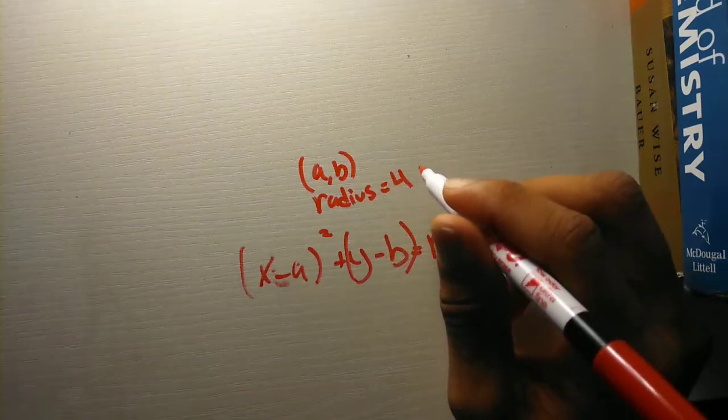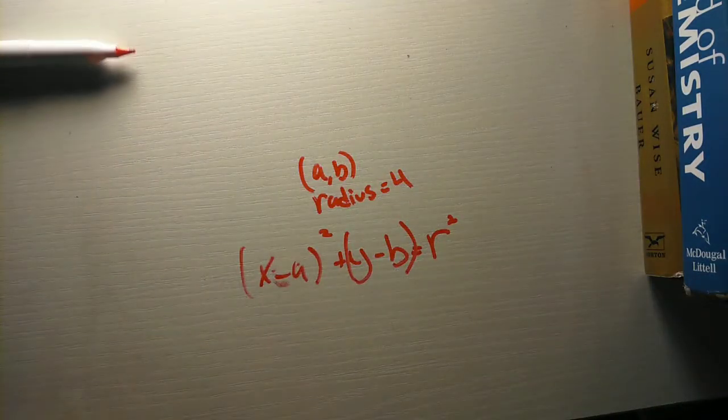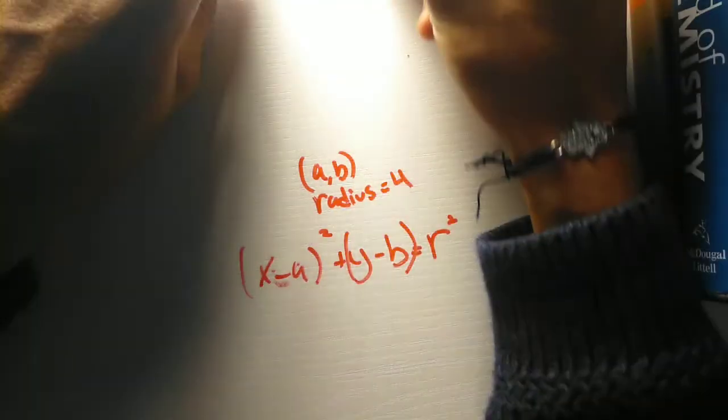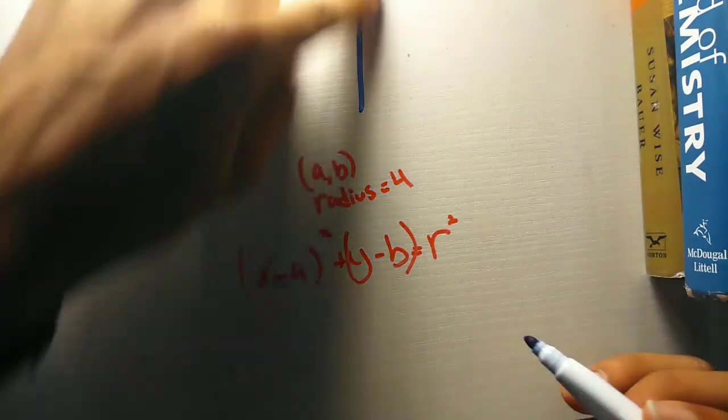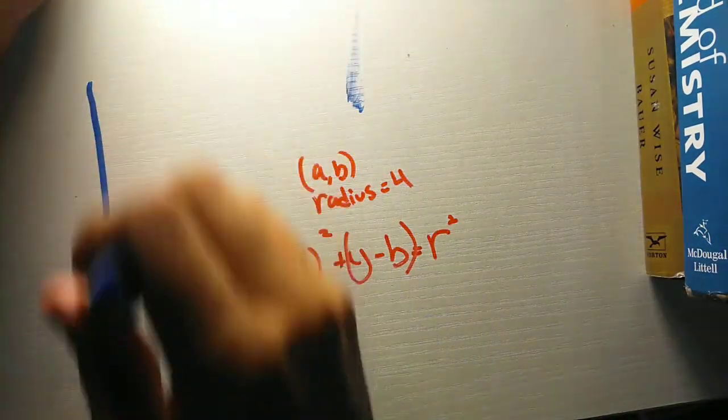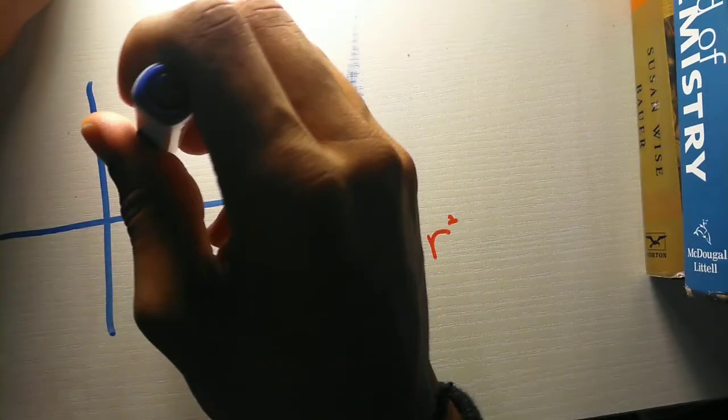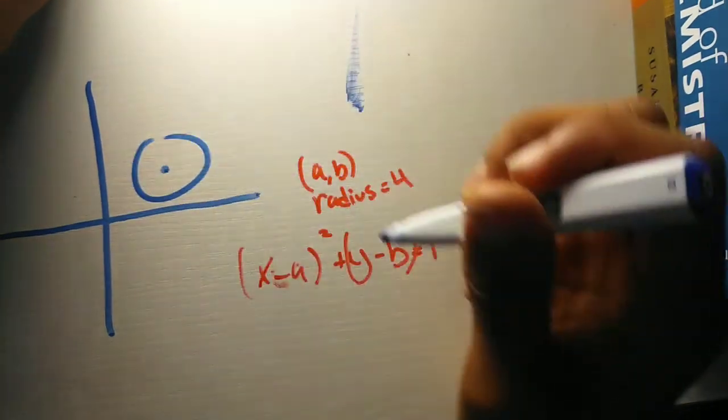Right, it has a radius of 4 units. So let's draw this graph. Let's see what this actually looks like, okay? I'm just going to draw a rough estimate of what this would look like, right? All right, so this